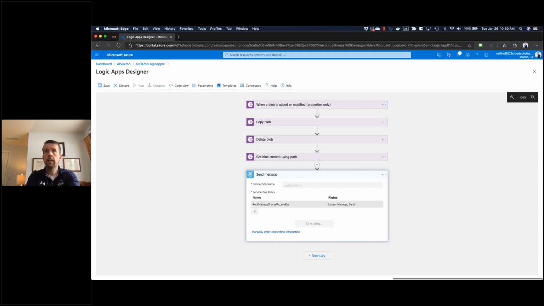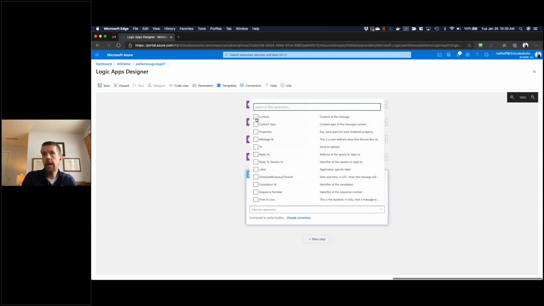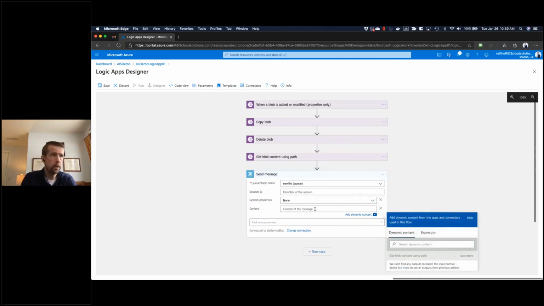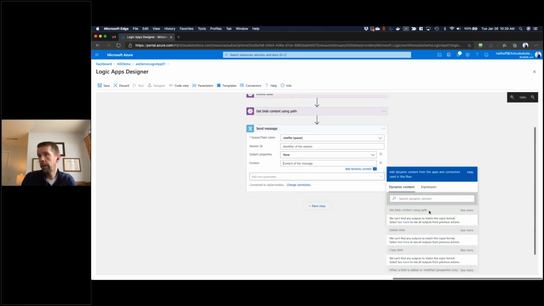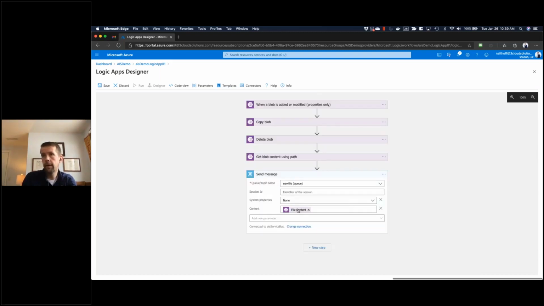So that's going to create a connection from my logic app to my service bus, and it'll automatically give me the queue. As part of the setup for this, I had a queue called new file, and I'm going to add a content parameter here, which will add the content of the message. In the content of the message, I am going to go down here and do file content. So this is going to put the file content received from this here into the content property of the message and send it. I'm going to click save,